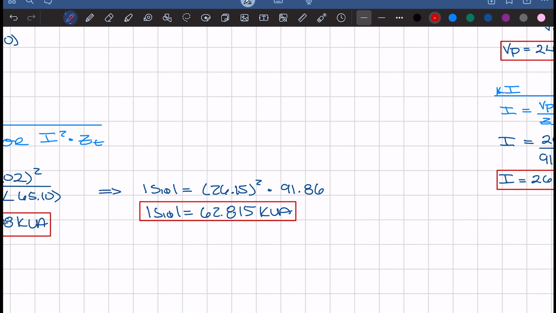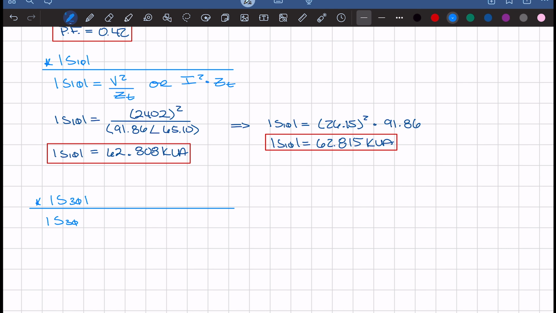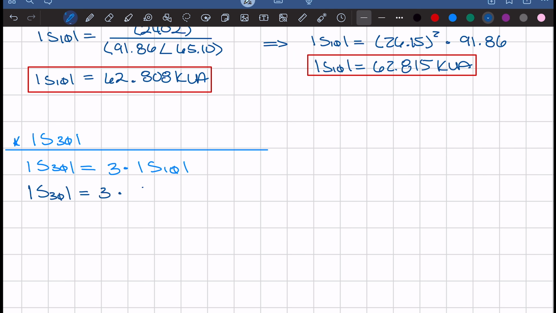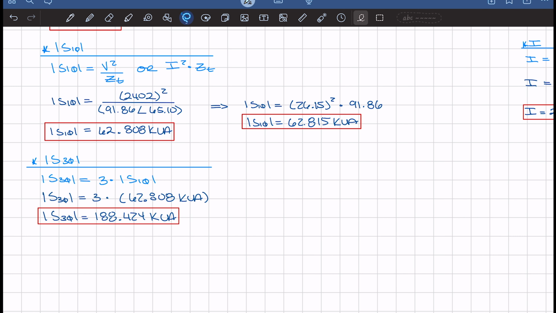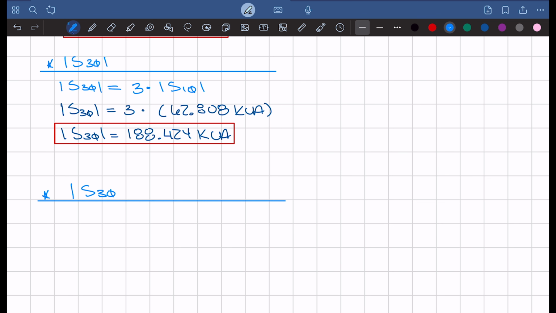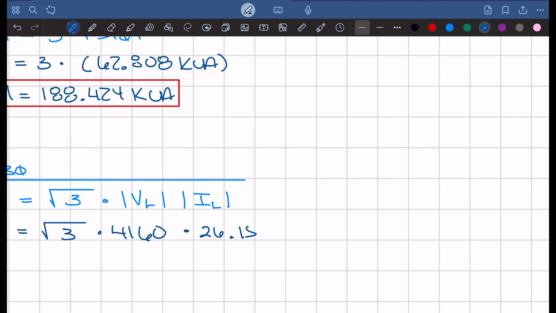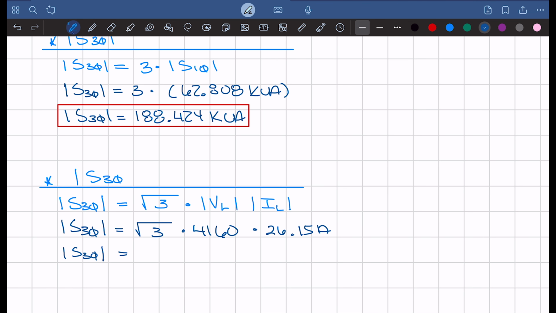62.815 kVA. Now let's move on to solving apparent power for three-phase. One method for solving for the three-phase apparent power is relatively easy, 3 times the apparent power of the single phase. This gives us a three-phase apparent power of 188.424 kVA. Now the second method for finding the three-phase apparent power is equal to the square root of 3 times the line voltage times the line current. So the three-phase apparent power is the square root of 3 times 4160 times 26.15 amps. This gives us a three-phase apparent power of